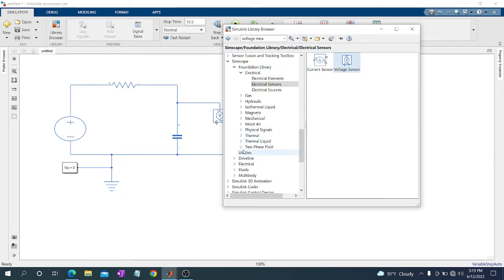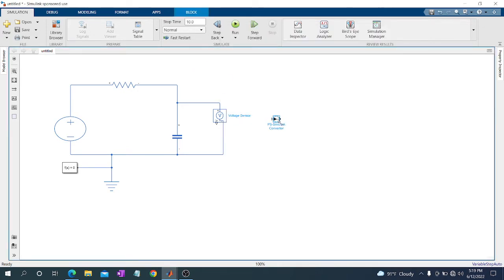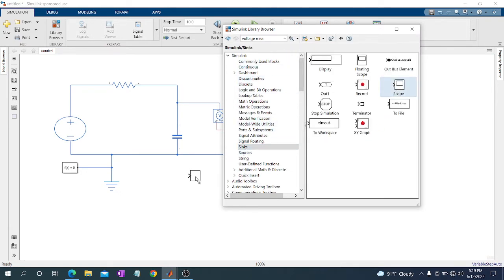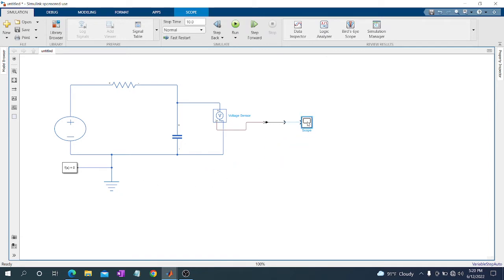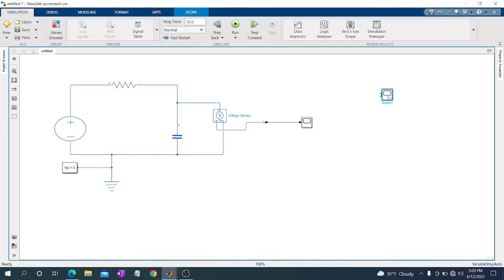Then go utilities under Simscape, then PS-Simulink converter, and connect. Then we need a scope, then we need a sink, then scope. So circuit okay. Here another thing, you may search an item by double clicking on canvas. Double clicking, scope. Here you can see that a scope is already added, so you may add by this way also. Then if we run our simulation,